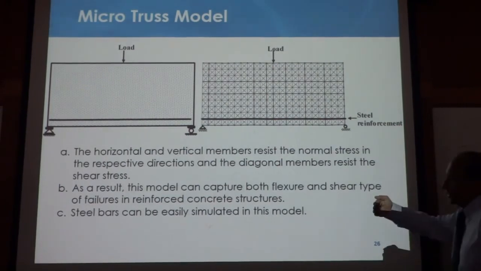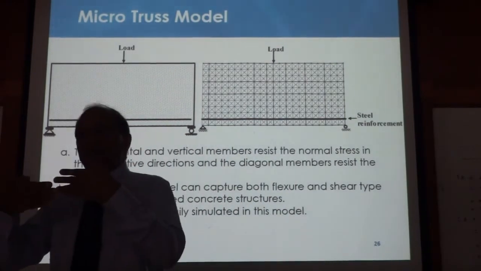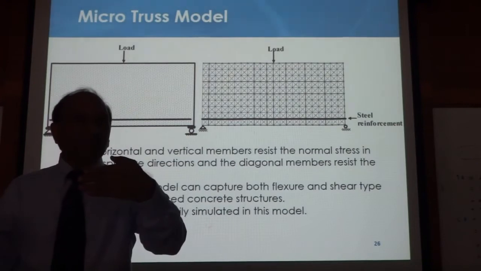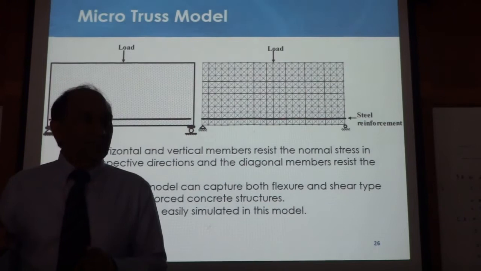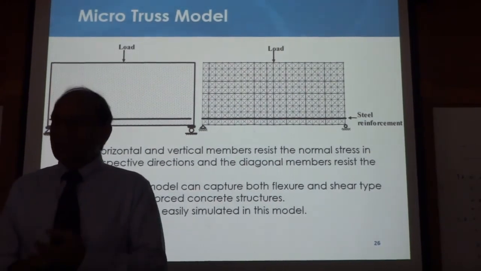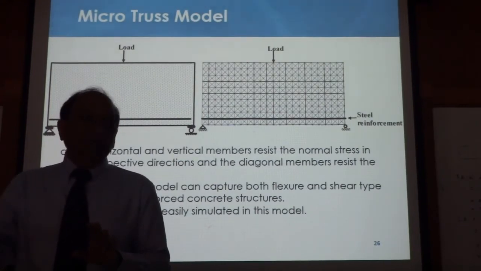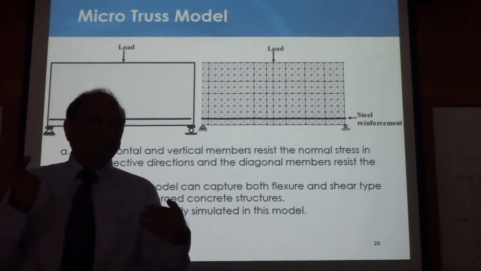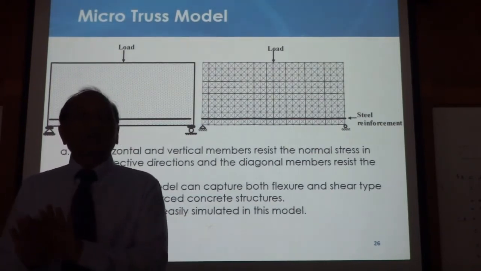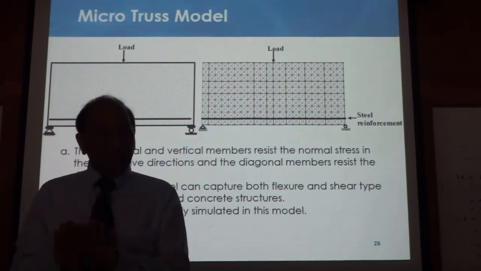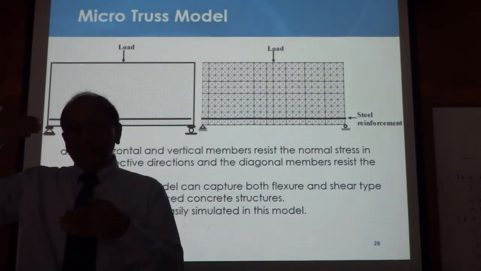So basically, elastic level and failure level are two different things. Before cracking, concrete behaves differently; after cracking, concrete behaves differently. We know that. Before cracking, it is just like any other material, steel or rubber or plastic. After cracking, it is no longer the same, because in one direction it takes no stresses, in the other direction it takes the stresses. So that is why reinforced concrete is a complicated material, because it suddenly changes behavior once it starts to crack.